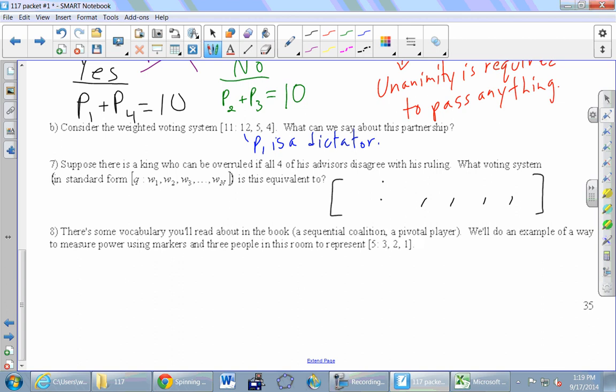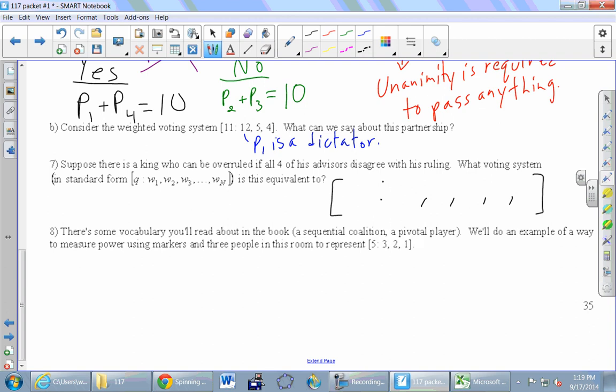Okay, so how do we tackle this problem? Some people want to start with the quota. That is a bad idea. I have no idea what the quota should be because I don't know what the numbers are that make up the system yet. So I can't start with the quota. Then some people want to start with the king. Well, the king is kind of special. The king is more powerful than the other folks, right?